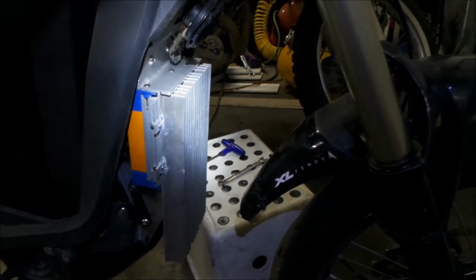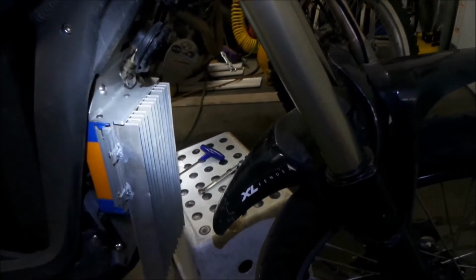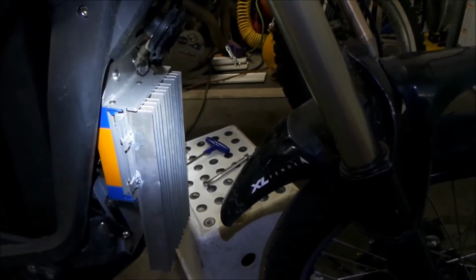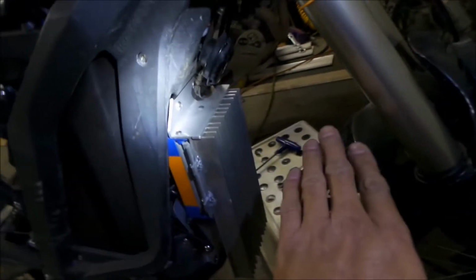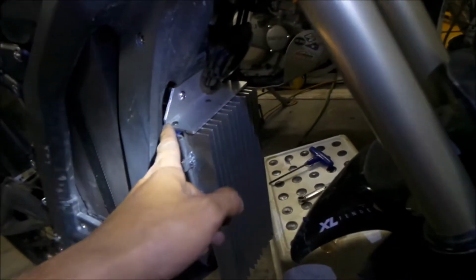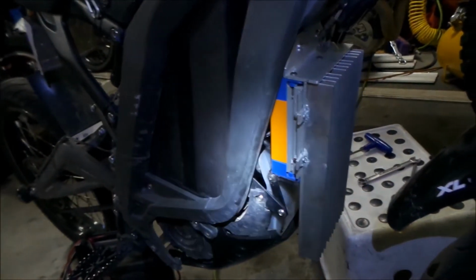But we're going to have to take it back out on the trailer and then compress it to see where it's going to hit, and then find out what we're going to have to grind. So I tried to suck it up in there as much as possible. The controller is, you can see, way farther back than it used to be. So yeah,